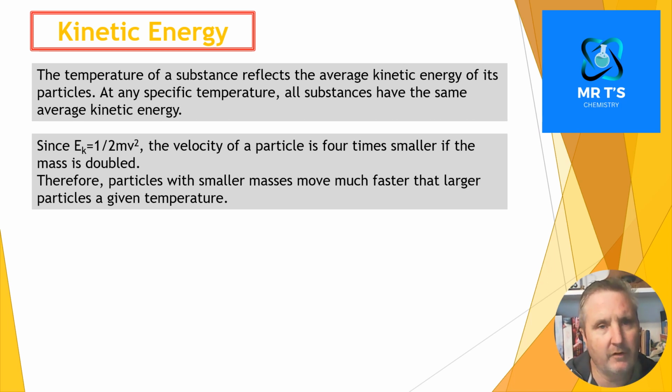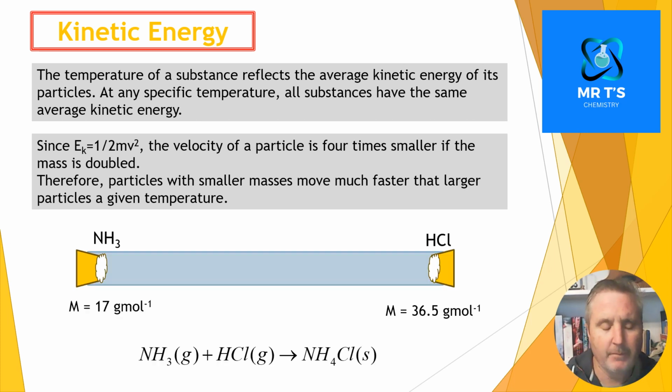Now, this is an important idea, and this is used to understand diffusion. So smaller, lighter particles with a smaller molar mass will diffuse faster than heavier particles. So there's a nice simple demonstration we can do to show this. I've just got an animation of this. If we were to take a long glass tube and put on one side of the glass tube a cotton swab with ammonia solution dissolved in it,